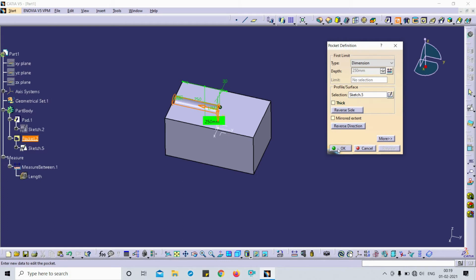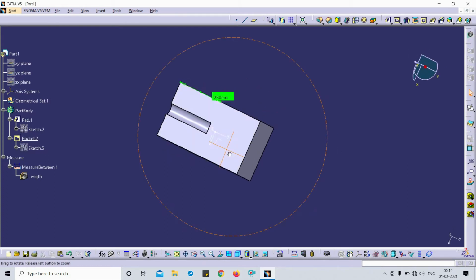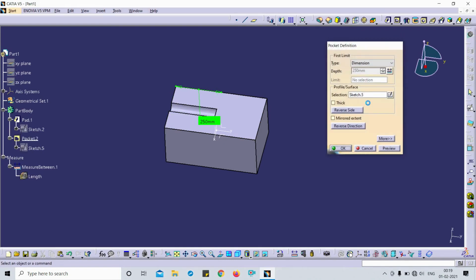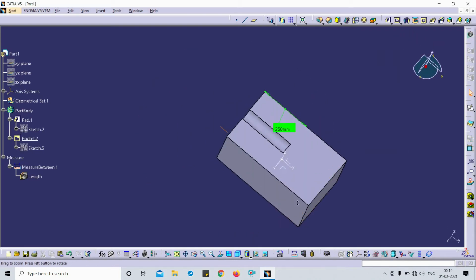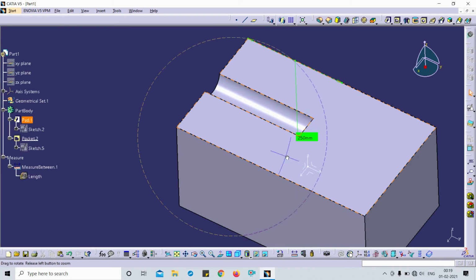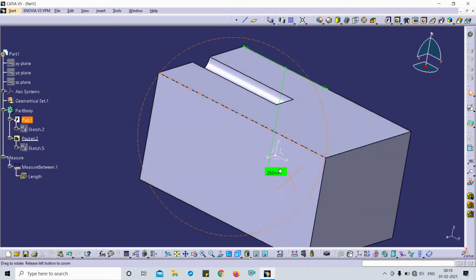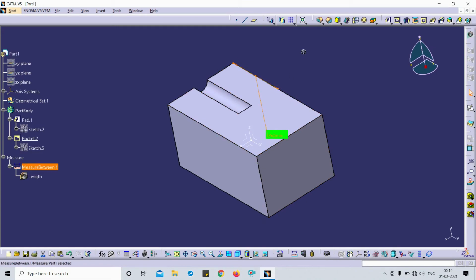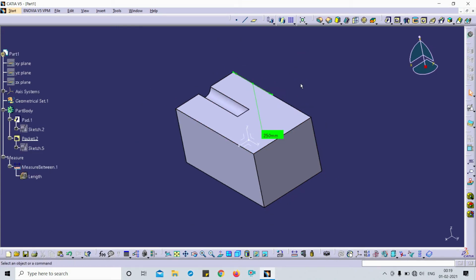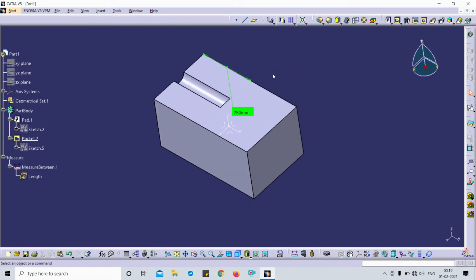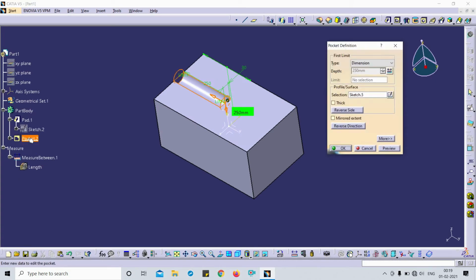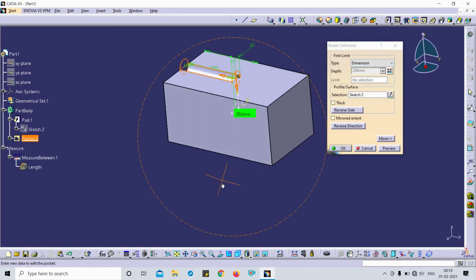Preview, okay. You can see here my pocket is executed, pocket is done. So this is how this command is used. And I just mention one more thing here. Basically the problem is, I just wanted to change, for example,